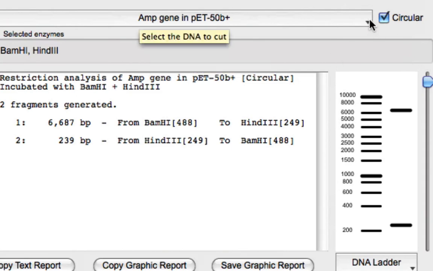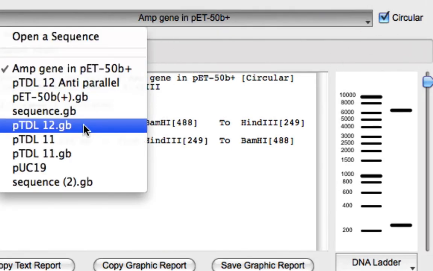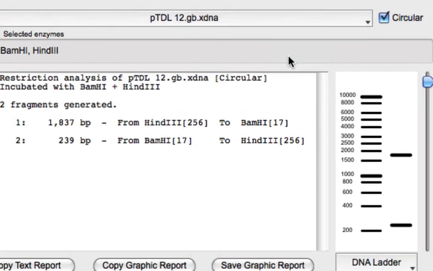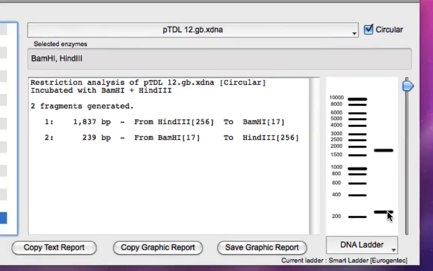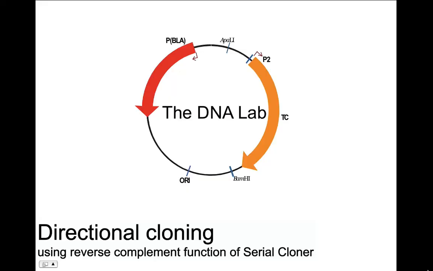This fragment should also be there in plasmid TDL12. So let's open that. TDL12, automatically it is cut by BamHI. So this is the backbone and this is the fragment, right? So we know that